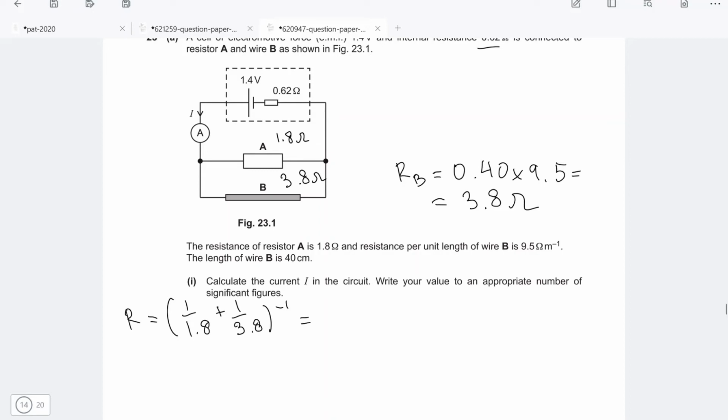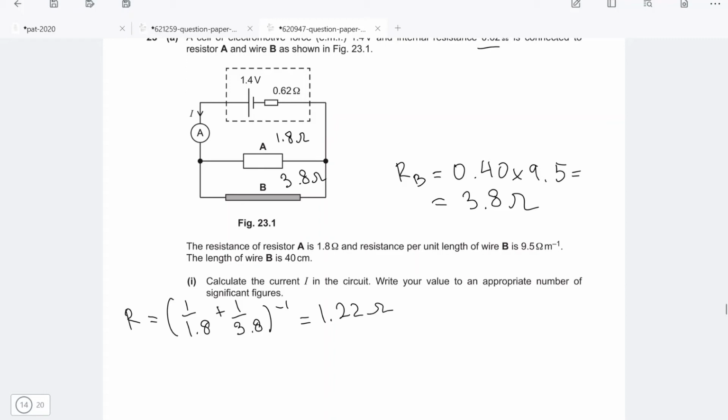This is just the formula for adding resistors in parallel. So let's put this into a calculator. 1 over 1.8 plus 1 over 3.8. Don't forget to raise everything to a power of minus 1. And the resistance within the circuit will be approximately equal to